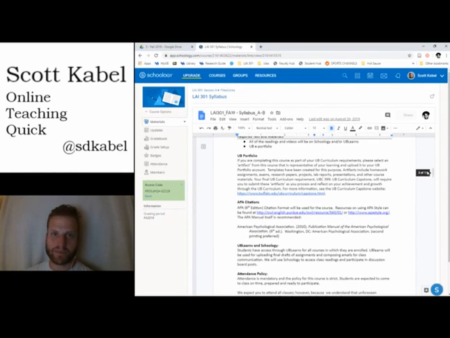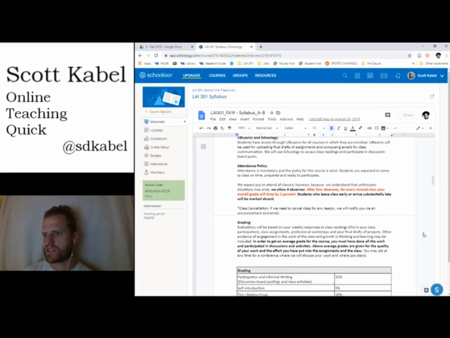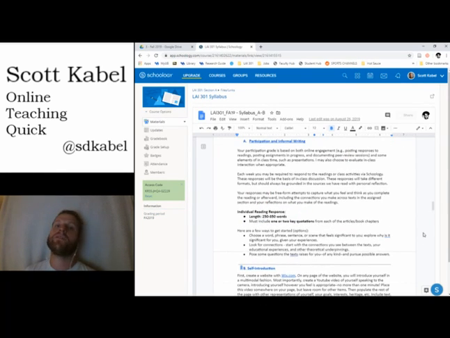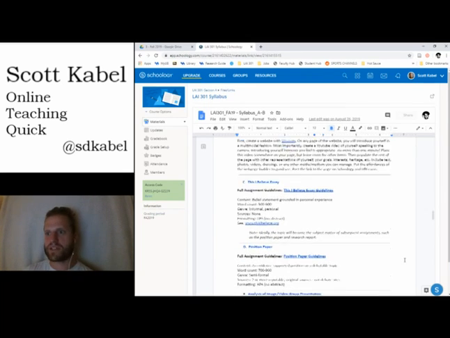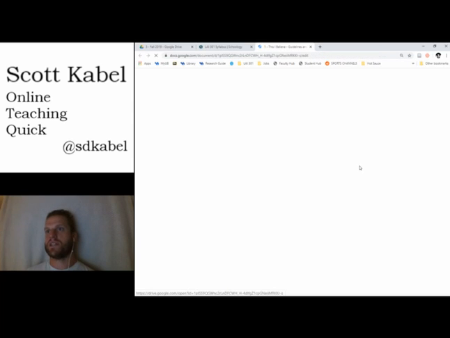What's great about a link and about Google Docs, or even something like Dropbox or OneDrive, is that you can do all the changes and the editing on the back end, behind the scenes, and then the students get the freshest copy of whatever you were working on without you having to re-upload everything, especially if you have two or three sections and you don't have to remember to upload documents in two or three different places. Instead of having the full explanations of assignments on the syllabus itself, I had a blurb of each particular assignment, and then I would send them to a fuller explanation in another document, the assignment guidelines.